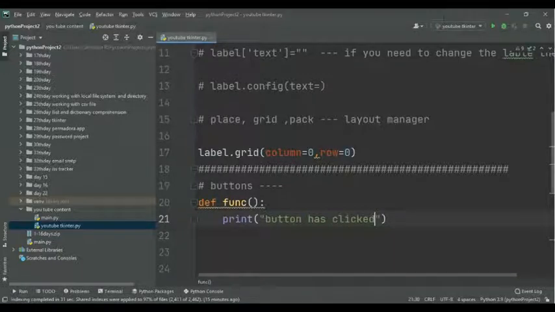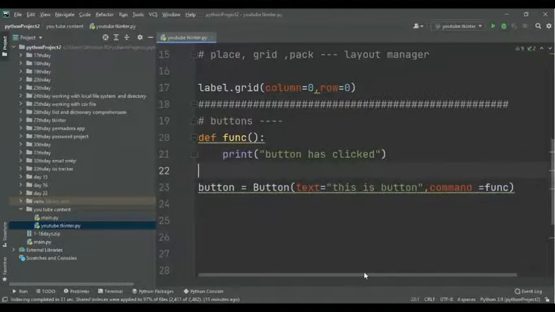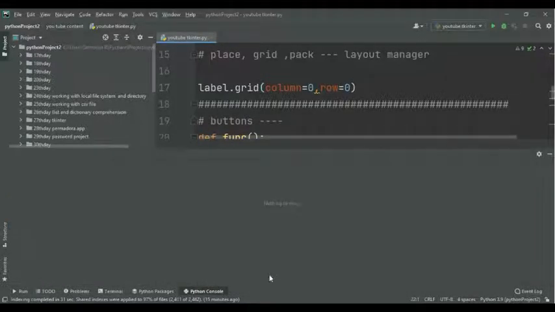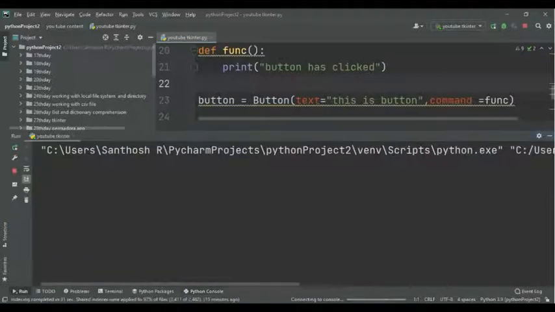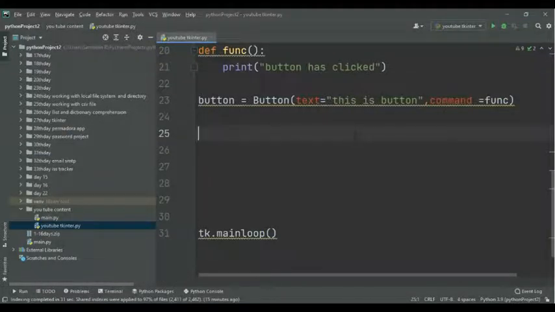Then let me run the program, but the output screen is not visible, so I can't show the output screen because of recording. But you can see here the console, how the program is executed. See the console carefully. Oh my god, I have made a small mistake. We have not given a layout manager.